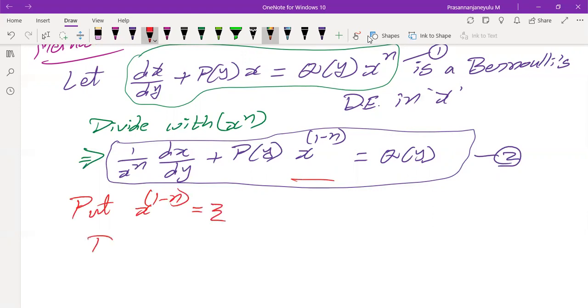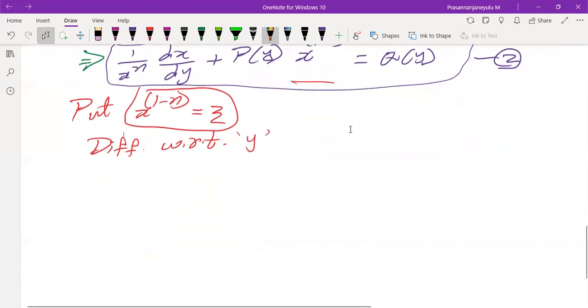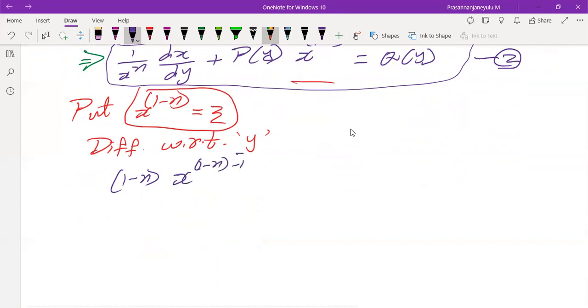On both sides, differentiate with respect to which variable? What is the independent variable in equation number 2? y is the independent variable. So differentiate on both sides with respect to y, and we are going to get 1 minus n into x power 1 minus n minus 1 into dx by dy